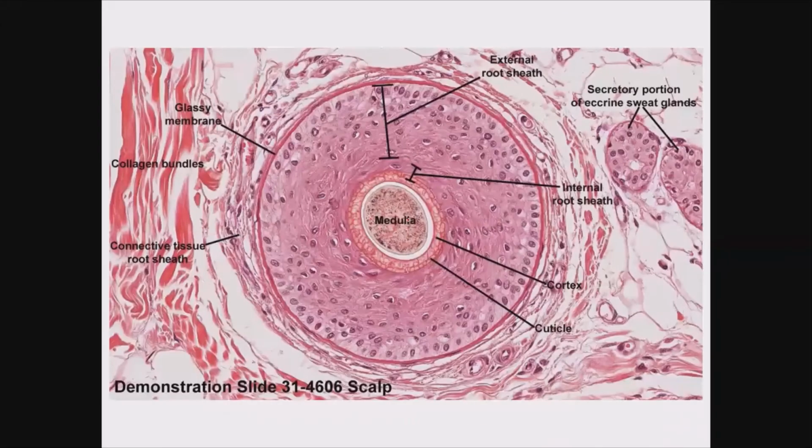Okay, so we can see this is the medulla. If you take the shaft, the hair as such consists of the central part called the medulla, which contains the cornified cells. After that, we have the cortex. Then another layer is the thin layer called the cuticle, which is surrounded again by the cells of the epidermis called the internal root sheath. Then we have the external root sheath, and finally the connective tissue root sheath, derived from the dermis. So this is the covering, ultimately, of the hair.